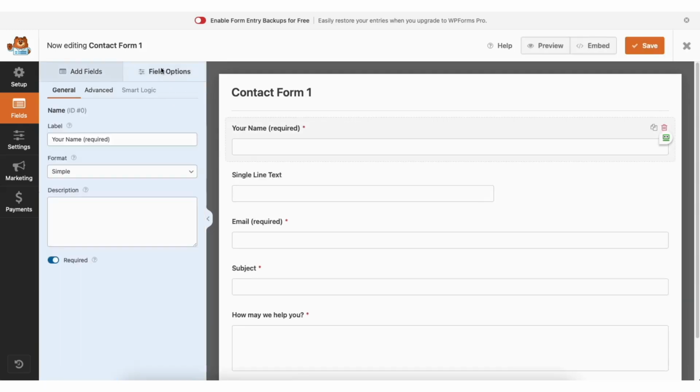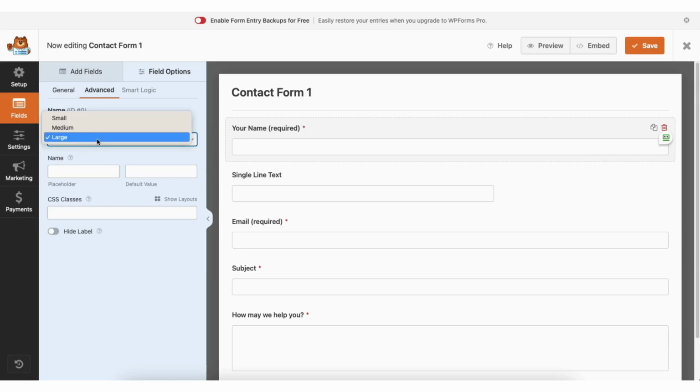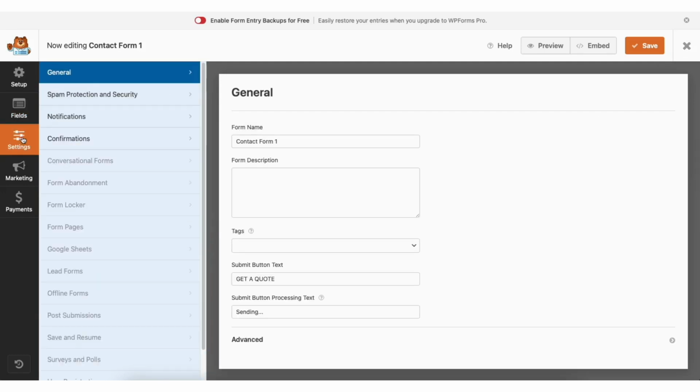If you click Field Options, you can click on a part of the form and then make changes from the side. You can select to make this part of the form a required or not required part to fill out. If you click Advanced, you can click on the part of the form you want to change, and you can select between the size of the form field for that area, and then change if you want anything to show in the form field where they input their information. If you click Settings, you'll be in the General section where you can edit things for the form.